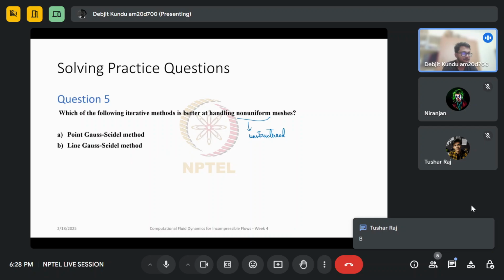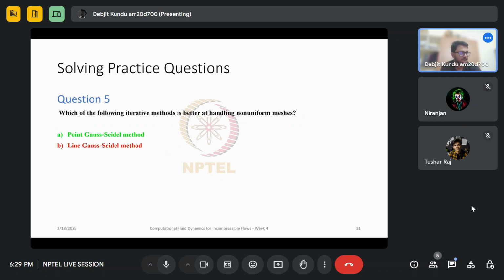Okay, we have one response in favor of option B, line Gauss-Seidel method. Let's see what others have to say. Okay, another response in favor of option A, point Gauss-Seidel method. So let's take a look at the solution. It's actually option A, point Gauss-Seidel method. So, good. So the main thing is, in case of non-uniform and especially unstructured mesh,